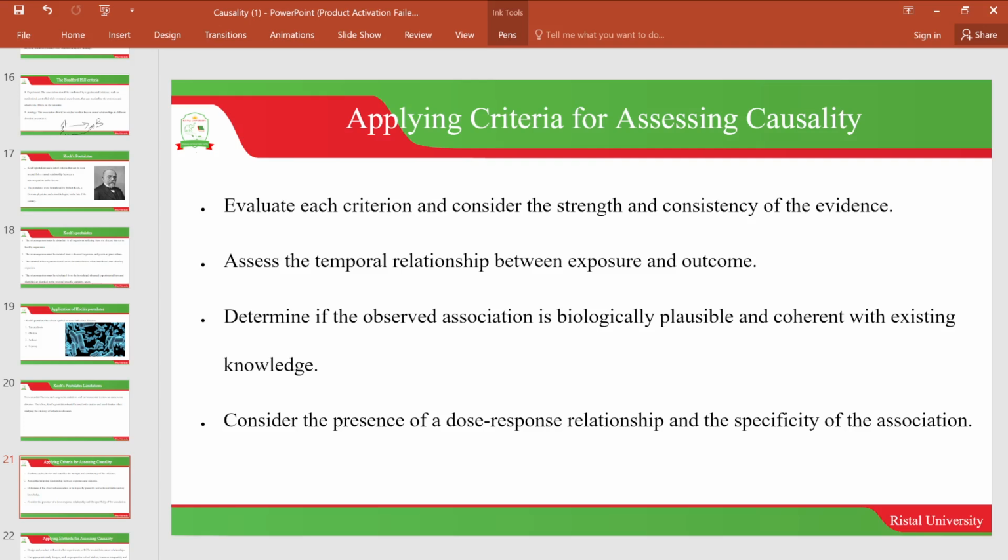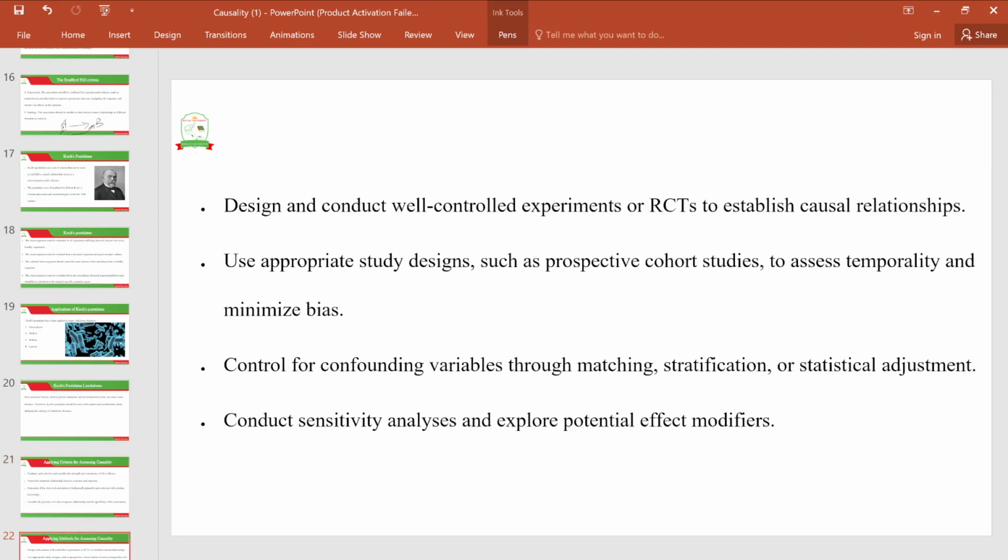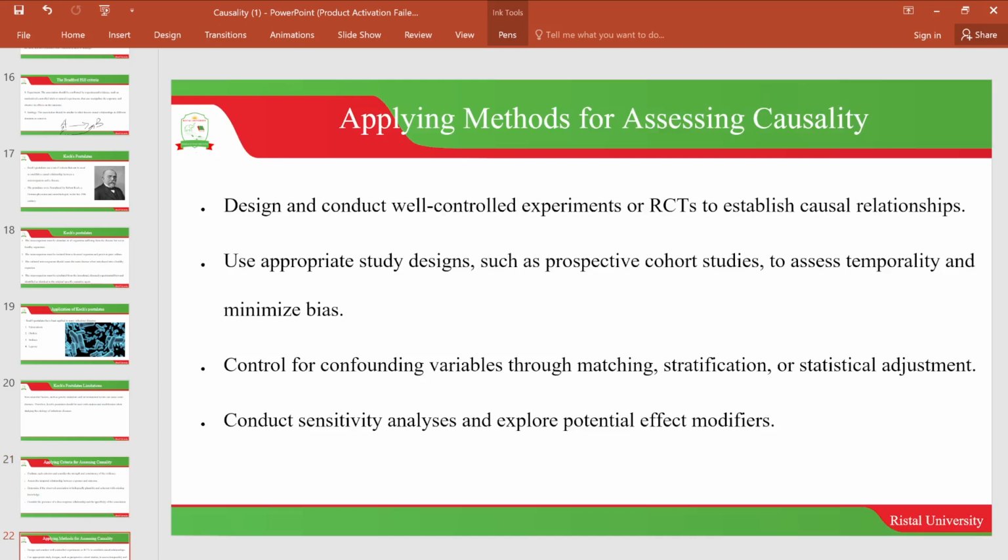So what do we look at? We look at the strength and consistency, which we have looked at earlier on. You look at temporal relationship, which we have also looked at, and then biological plausibility, we have also looked at. Coherence, we look at that. Dose response relationship, check that. And then more broadly,